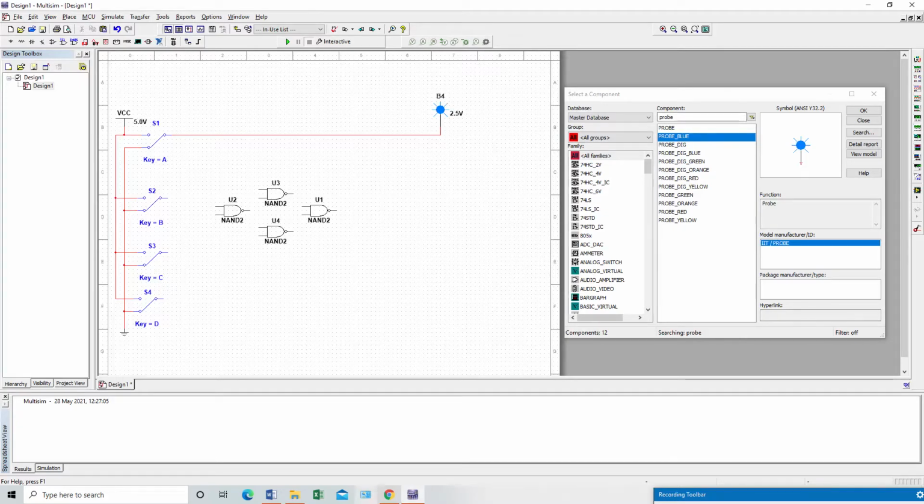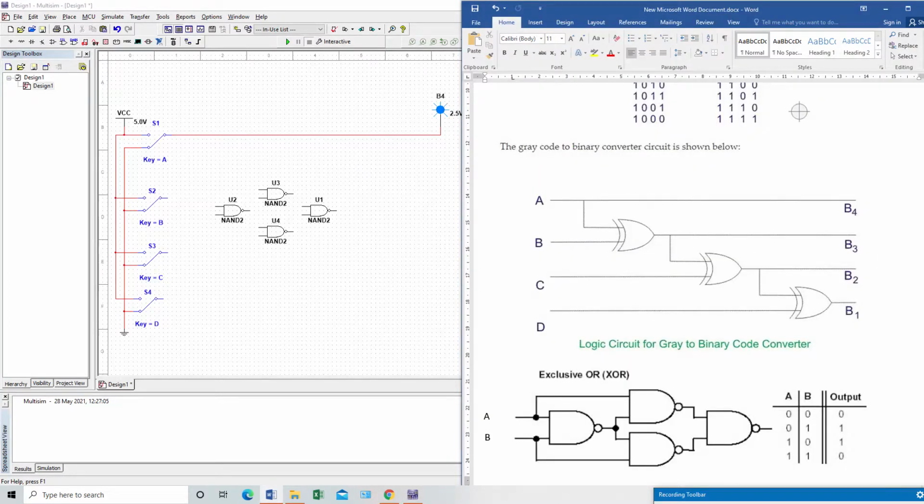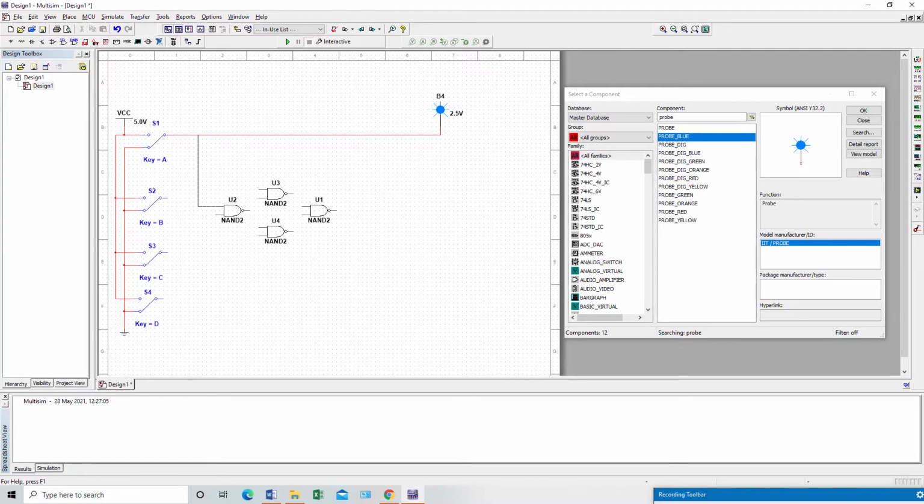Now the second input, what will happen to the second input? Second input will come directly to this XOR gate, and first input will also come to the XOR gate, means these two will become A and B. Okay, so this will go directly here. This is what we have to do, and this one will go directly to this place, and the same thing goes with this one. This is directly connected to B, and this one is directly connected to A.